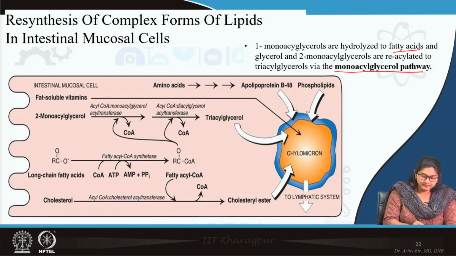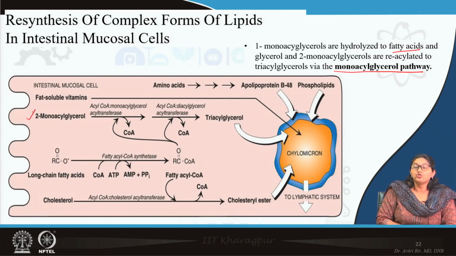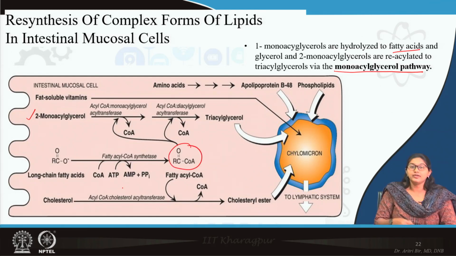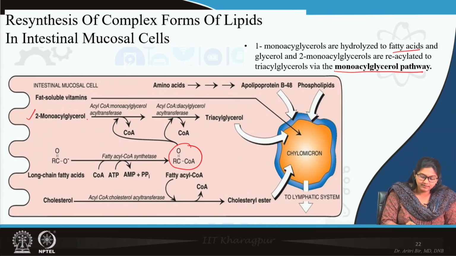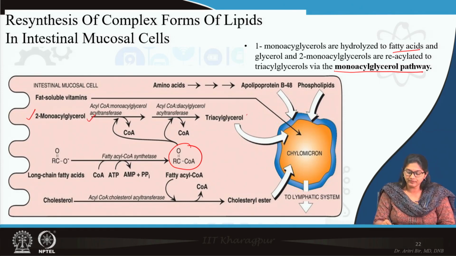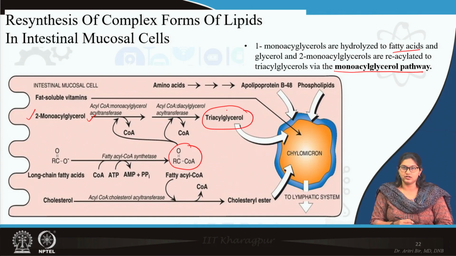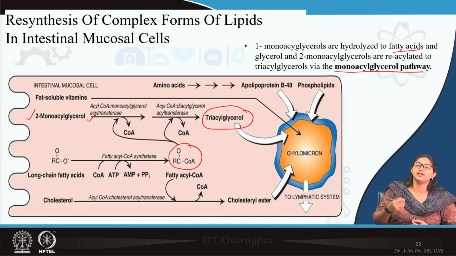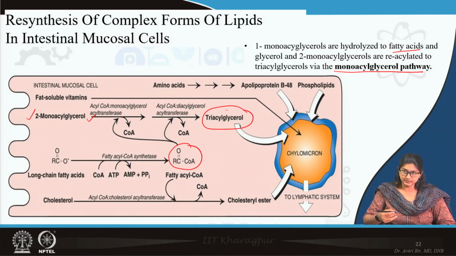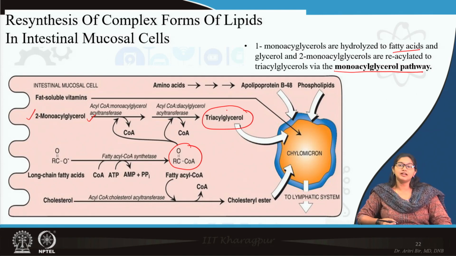That fatty acid here is attached to 2 monoacyl glycerol. You can see these fatty acids can be attached to 2 monoacyl glycerol with the help of the enzyme acyl transferase to reform triacyl glycerol. So, once again triacyl glycerol is formed from the digested product like 2 monoacyl glycerol or 1 monoacyl glycerol with the help of fatty acid. Similarly,